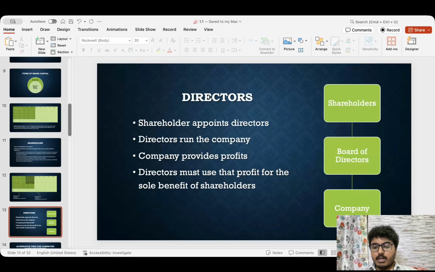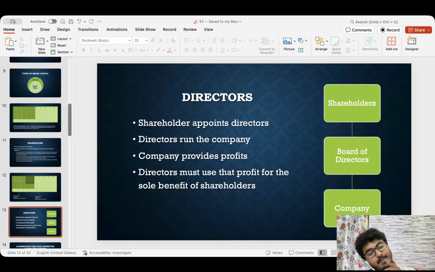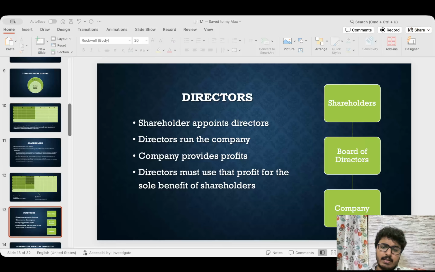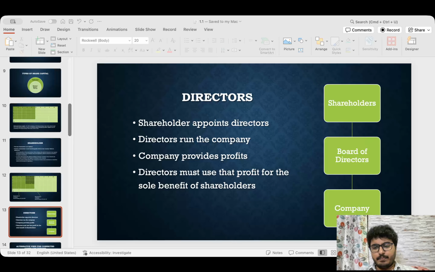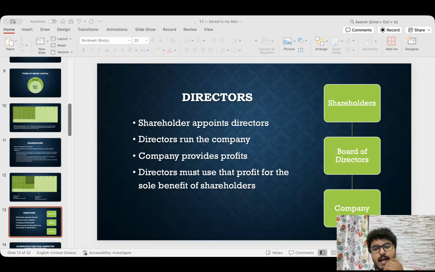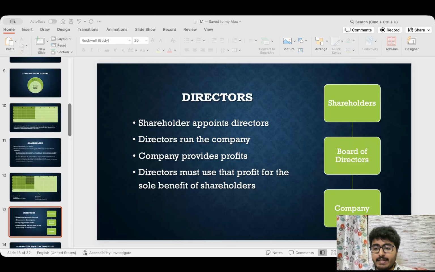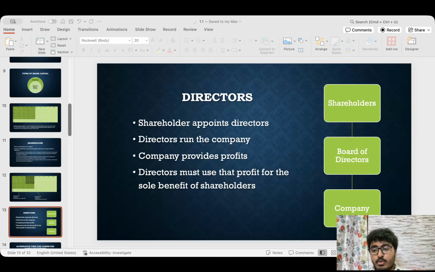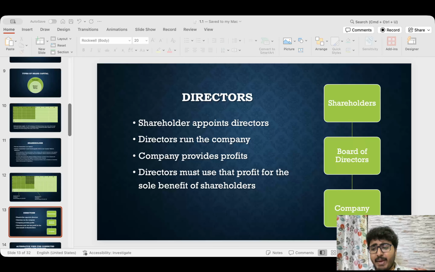Now come to the directors and the management. This is the most important thing of a company: the shareholders appoint the directors to manage the company. The board of directors makes the strategic and the operational decisions. The company earns profit through business operations, and the directors are expected to use their powers in the best interest